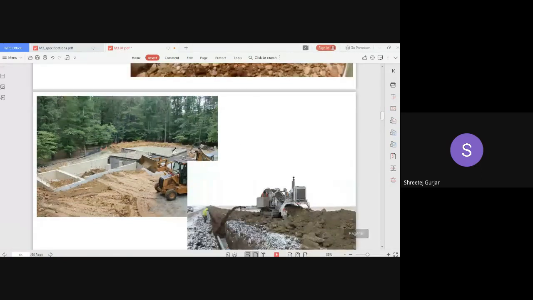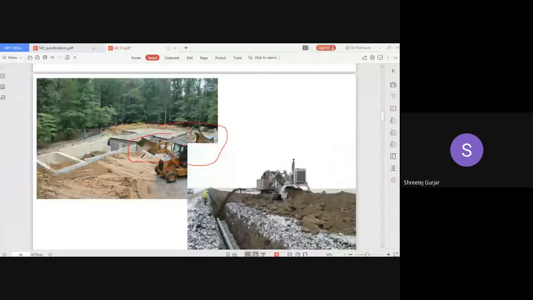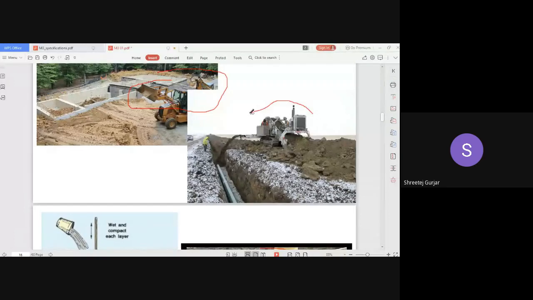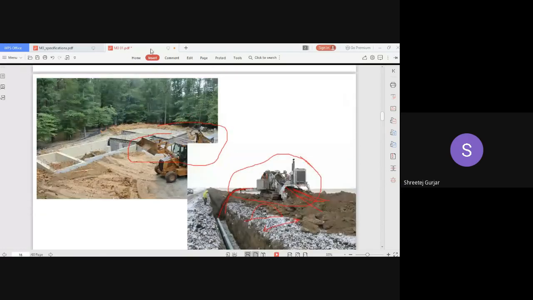Then you can use a backhoe loader, or what you call a JCB, right? They are using the JCB and pushing the soil inside, the soil which is kept outside. That can be done. Then you have special machines. You can see it is picking up the soil which is kept to the side. It is not exactly stockpiled here; it is stockpiled at a certain distance, 2 meters, as I've told you, you have to keep a gap from the trench. It is picking up the soil and throwing it inside. Such special machines you can also use. Okay.